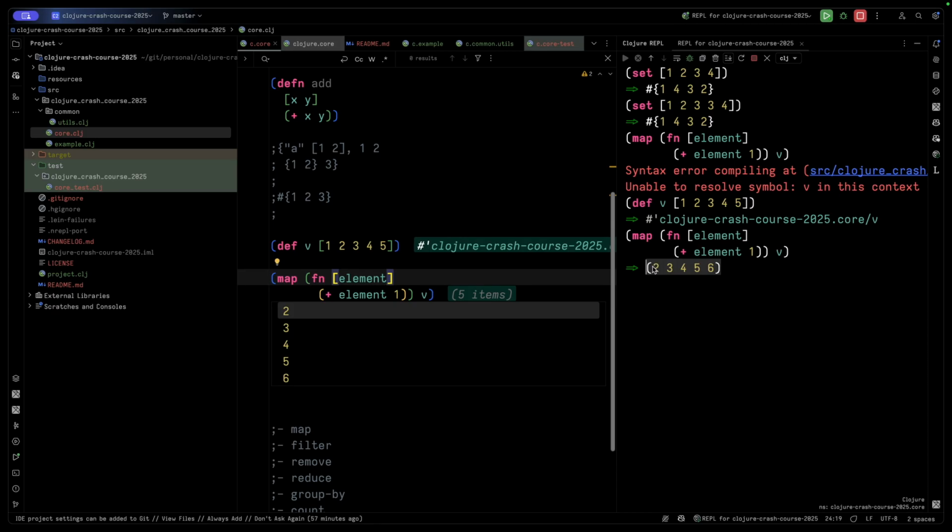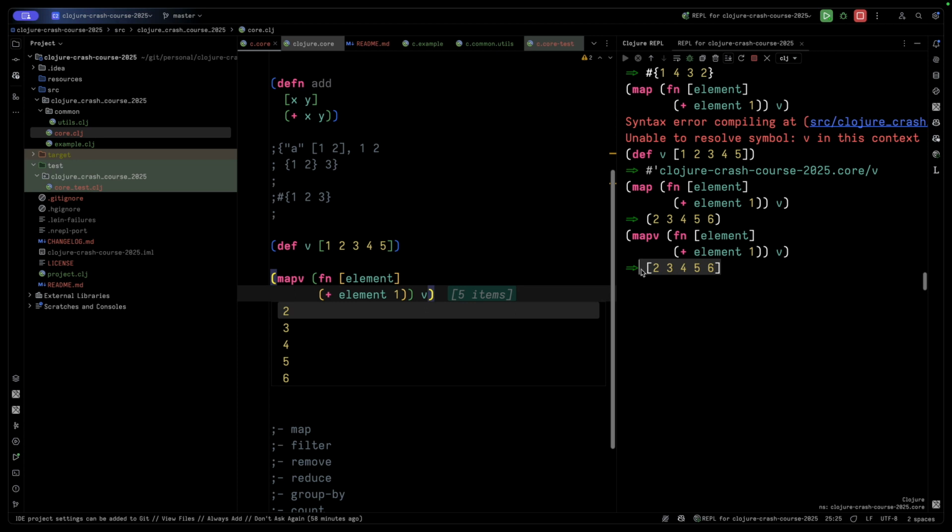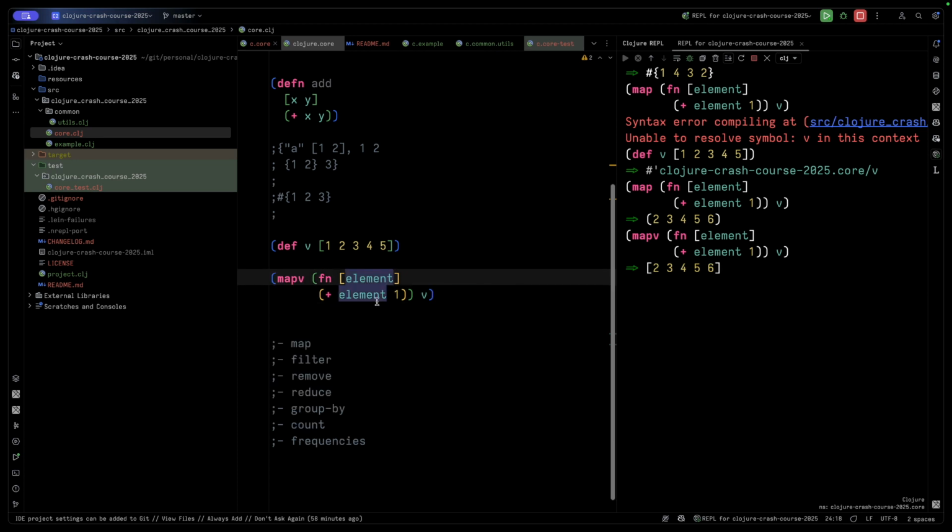You see it not as a vector because there is a concept of sequence or list, and when you see this parenthesis, it's now a list, not a vector. It's more like a doubly linked list, I believe. If you want a vector, you can use mapv instead. It will convert it to a vector at the end. So that's the map. It's much more than that, because you can apply map to multiple